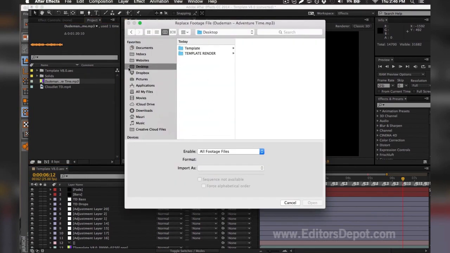It should be included in the template, and if it's not included, we're sorry and we're going to do our best to try to help you, but if it's not, you can include any audio you want. As you can see here, it's not included, so I'm going to just drag in one of my copyright-free files that I have in my library. You can use the one that we're using for this tutorial.